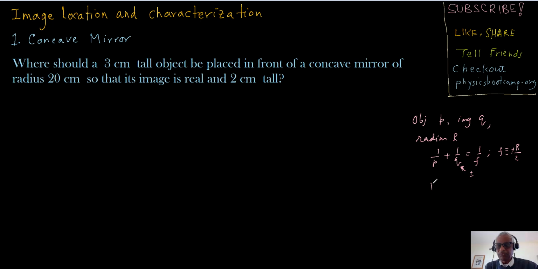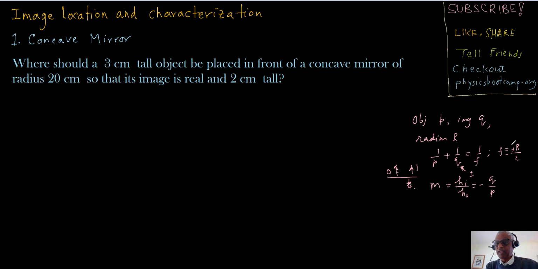Another relationship is magnification, which is the height of the image over the height of the object. So if this is a horizontal line, the object is that way, and the image is that way, this height will be negative and this height will be positive. If the image is also this way, then both will be positive. And from geometry, you can show that this is related to minus Q over P, with appropriate Q and P signs. Okay. Using this information,